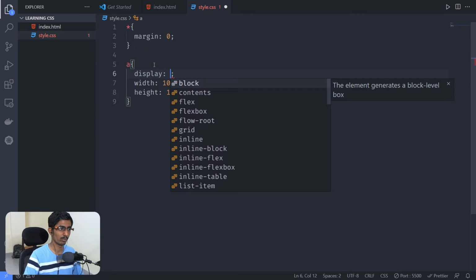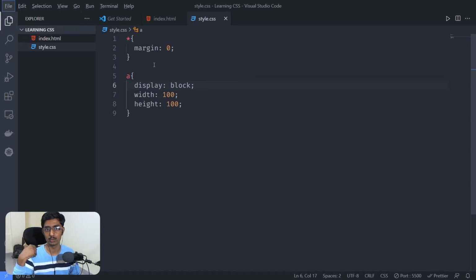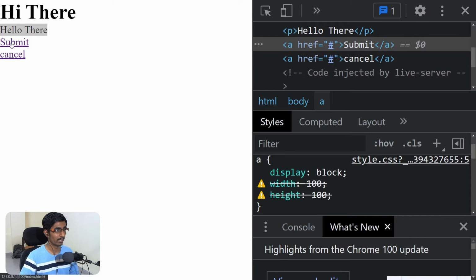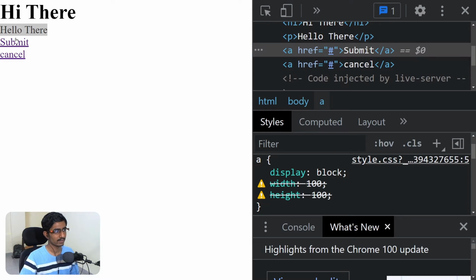And inside the display property, we have a lot more properties. We have flex box, flow root, grid, almost all other things. But especially right now, we are using a block. Save it. It is containing the whole tag which you wanted to use. Let's go back, and now if I go here, you can see using this block, it will just move on